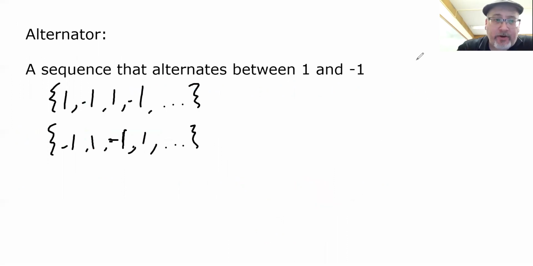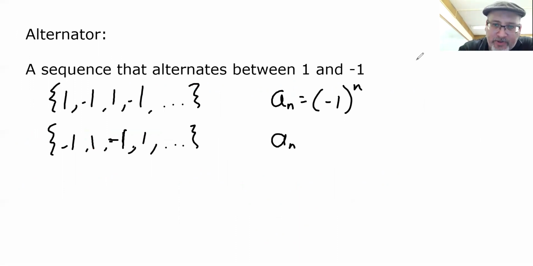So an alternator that starts out positive is negative 1 to the n plus 1 power. And the way you know you have to add 1. In fact, let's set off both of these. These are both negative 1s to powers, but the trick is we need to make sure it starts out the correct sign. In other words, when we put in n equals 1, we should get the first correct term. On the top one, right here where I'm about to highlight,